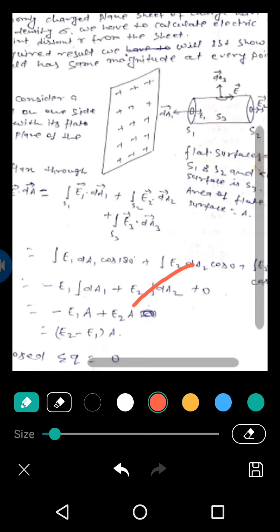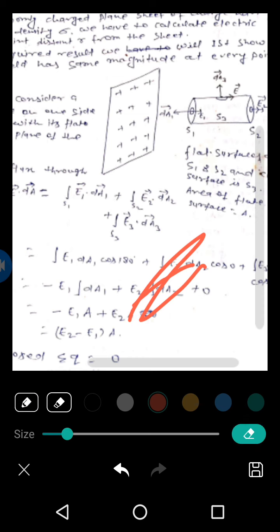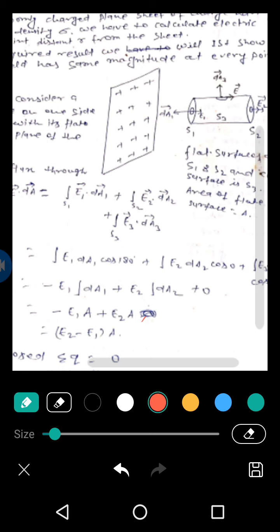This is the cylindrical Gaussian surface here outside the charged sheet,